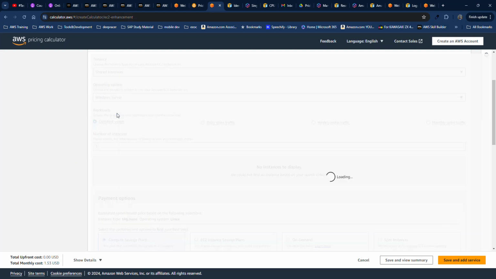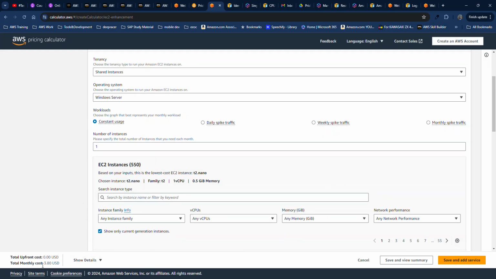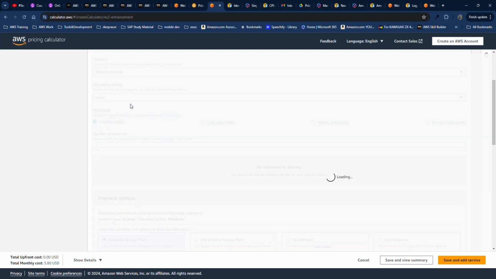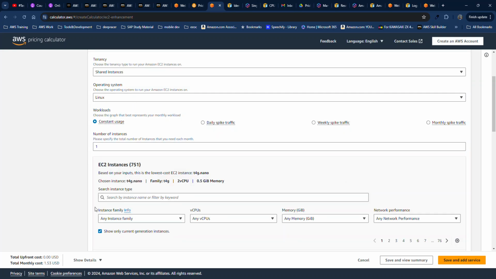And if you do change any of these options, as you can see down here at the bottom, it updates the total monthly costs as well as any upfront costs that you may have. So just by selecting this Windows Server operating system, I'm paying almost $1.53 more than what I was with the Linux operating system,